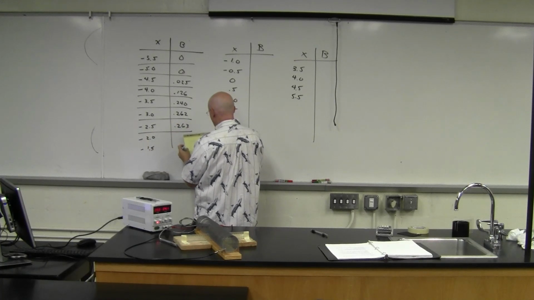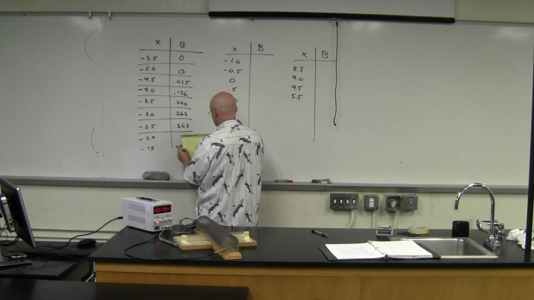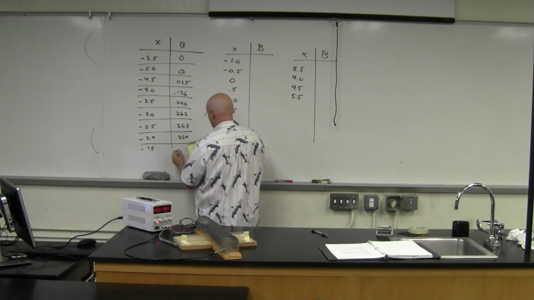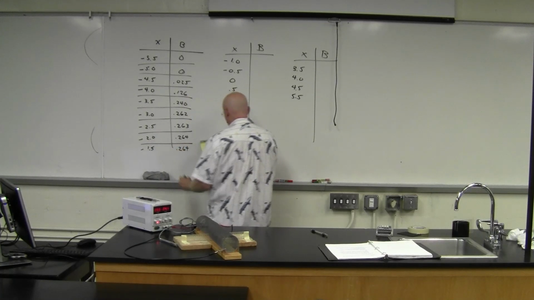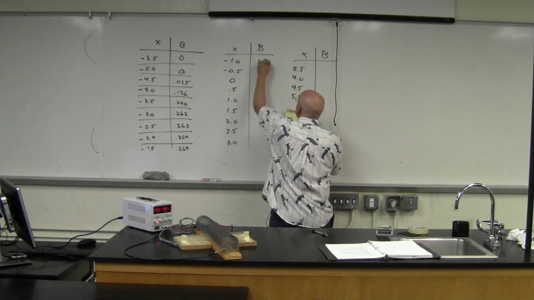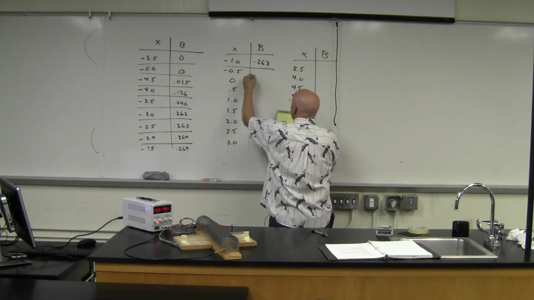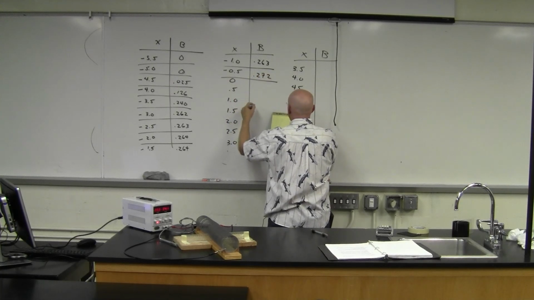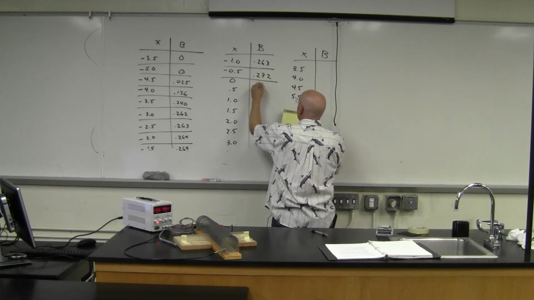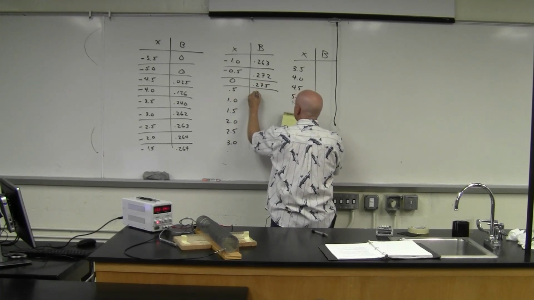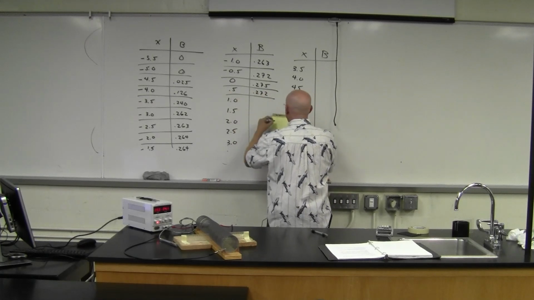The 2.0 should be 0.264. And negative 1.5 was 0.264, negative 1 was 0.263, negative a half was 0.272, 0 was 0.275, 1 half was 0.272, 1 is